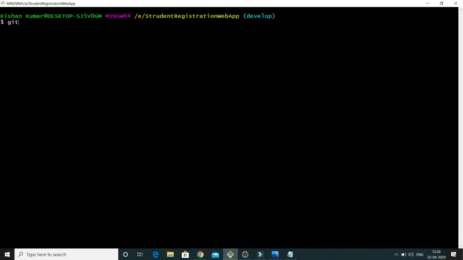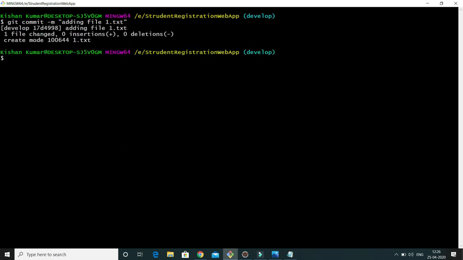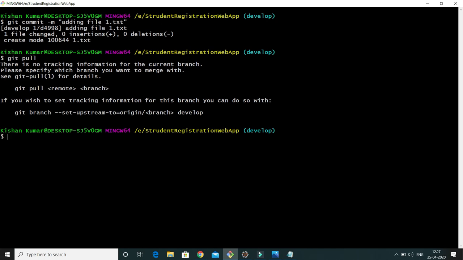So I'm going to git commit -m with the commit message "adding file 1.txt", right? Now this file is committed to the local repository. Now I would like to push this change into a remote repository. Before that, what we can do is git pull, so that we can pull the latest stuff from the repository. But this is saying